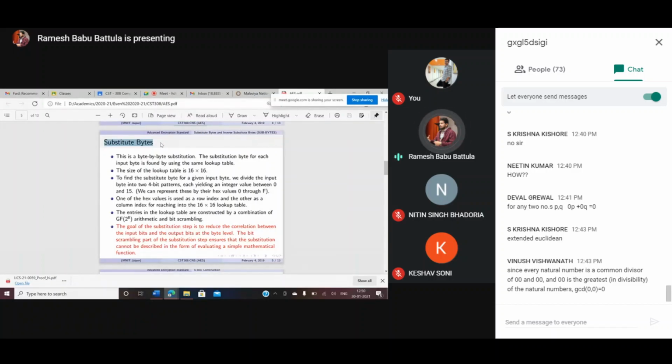If you take any polynomial, every field has some irreducible polynomials. Suppose you have a field, that means for every particular set of polynomial values you may choose, some of them are going to be irreducible polynomials. What is the meaning of irreducible polynomial? You are unable to reduce that polynomial any further.